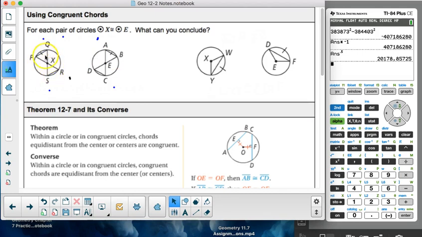I've got vertical angles, and I've got chord PQ and chord SR congruent to each other, along with chord AB and chord DC congruent to each other. I have arc PQ and arc SR and arc AB and arc DC. Not only are they congruent inside each circle, but they're congruent across circles because of these statements that these two chords are congruent. So I know chord PQ is congruent to chord SR, which is congruent to chord AB, congruent to chord DC. They're all congruent. I also know